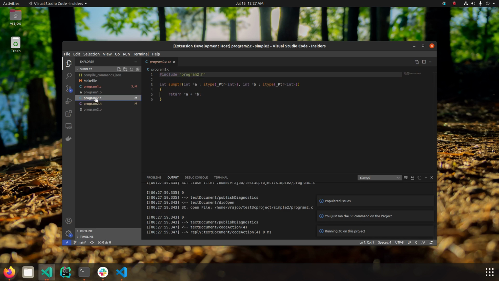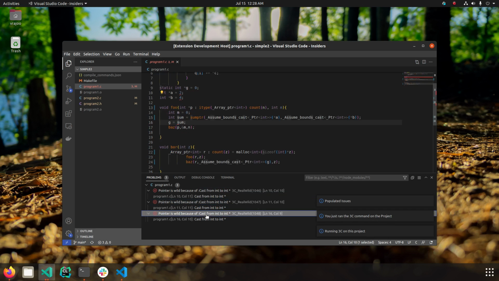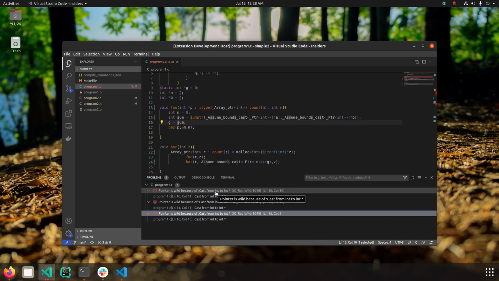And there you go. Now if you see, there are 3 problems in this file, program 1. And as you can see, the reason for all 3 of them is unsafe cast. So we're going to try to use the second option this time so that we can get rid of all these problems at once. So remember, in the first tutorial, we chose